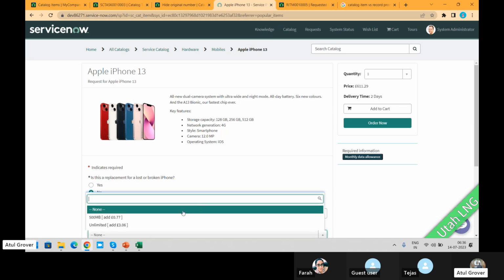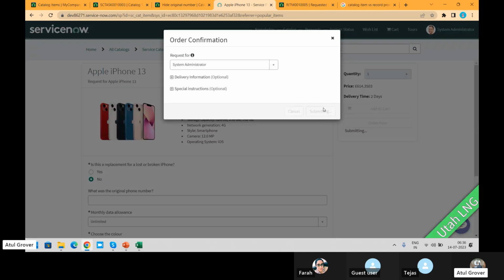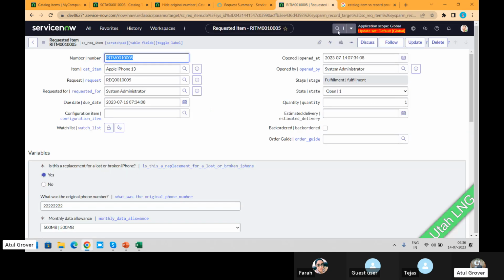Okay, then I'll say this and order now. Checkout. This is not mainly here. This is the cascade variables. Am I picking up the wrong concept or what? Let's come and open